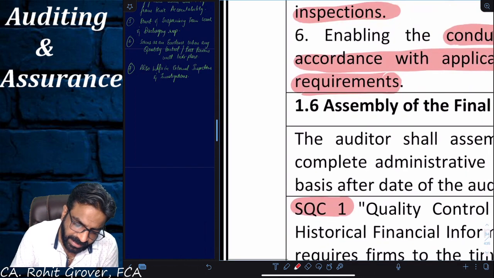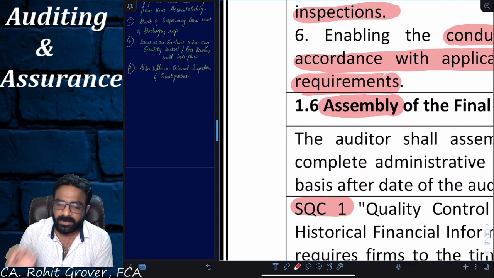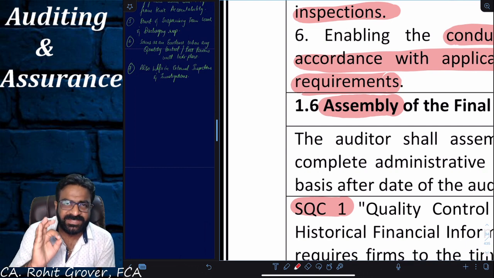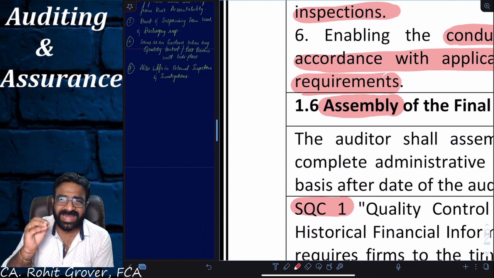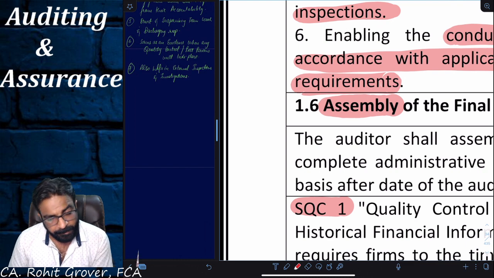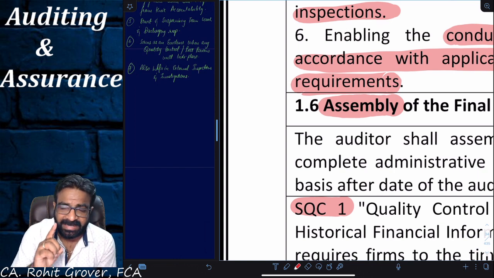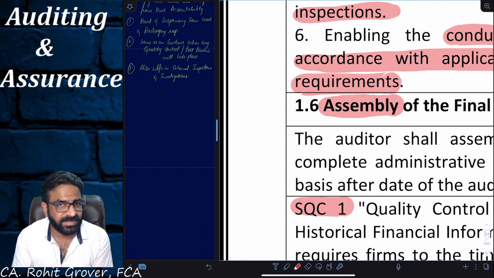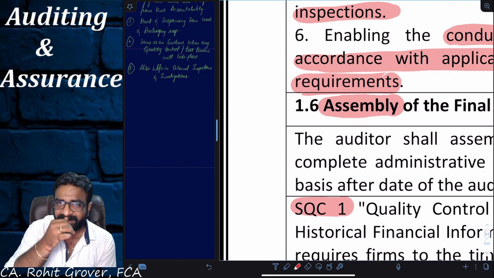But what I'm trying to tell you is, I'm going to make you understand the meaning of the word called assembly, everyone. What do you mean by assembly? Now try to listen to this very properly. SQC1, what is the full form, everyone? Standards on Quality Control. Tell me everyone, standards are optional on the auditor or they are mandatory on the auditor? Mandatory. So this SQC1 says a very simple thing. Every chartered accountant practicing unit should, at least once in 60 days, do the assembling of its audit documentation. This can be a probable MCQ question.